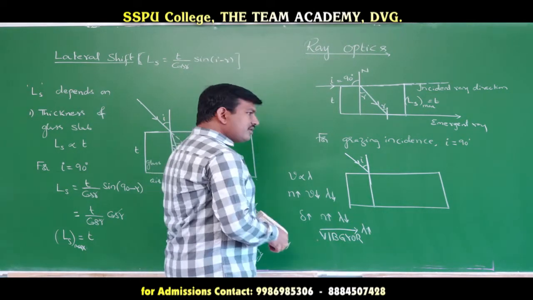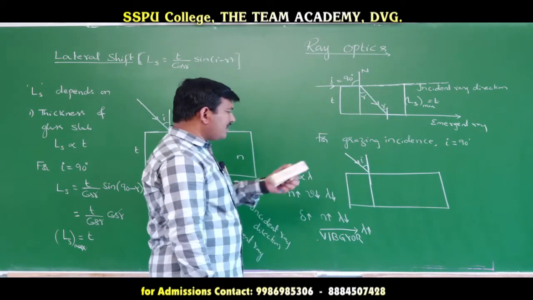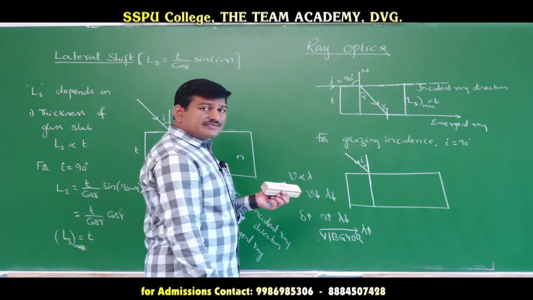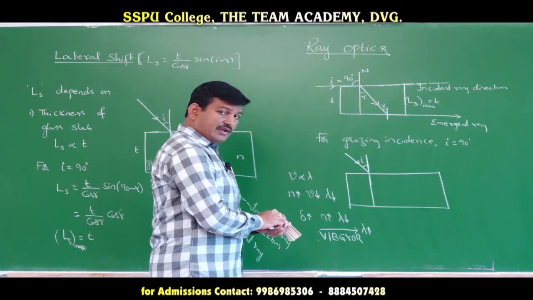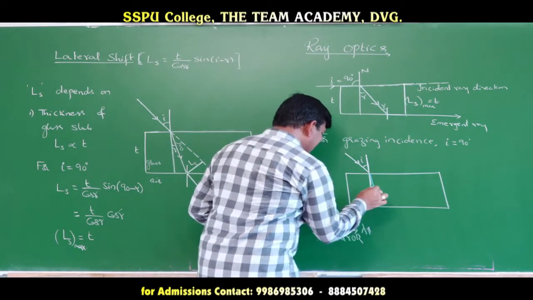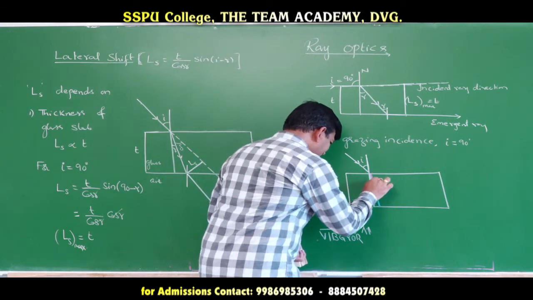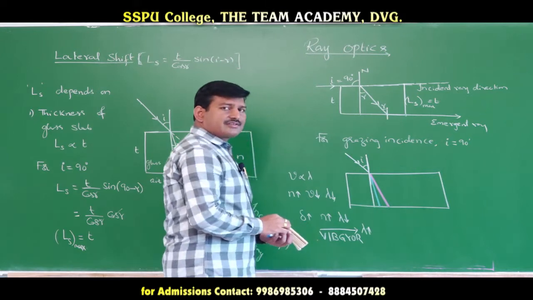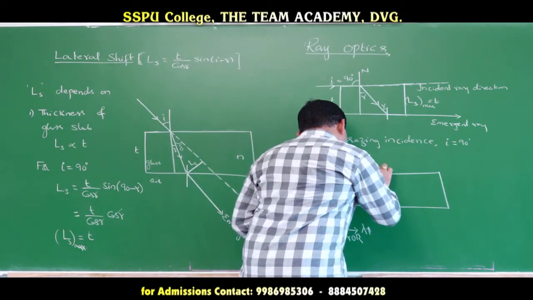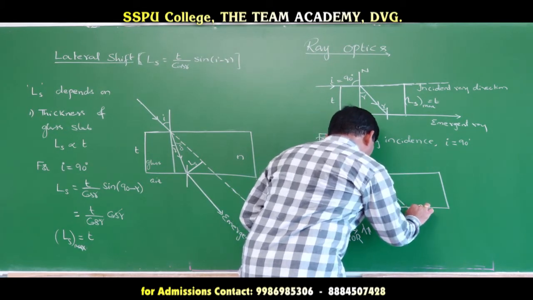Now, if white light is incident at an angle of incidence equal to some i, do all colors deviate by the same amount? No. So which is deviated more here? Violet color is deviated more. Therefore, in the refracted beam, this is the violet color and this will be the red color. So here, the deviations are not the same for both colors. I can measure the deviation with respect to the incident ray direction. This is the incident ray direction.